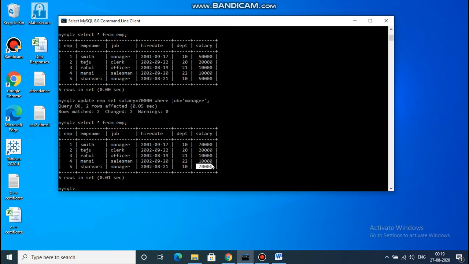next update DML query. Update the salary of employees to 25,000 whose job is salesman or clerk. Salesman or job is equal to clerk, and we have to mention here 25,000.